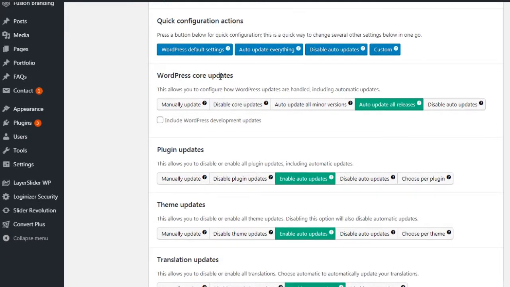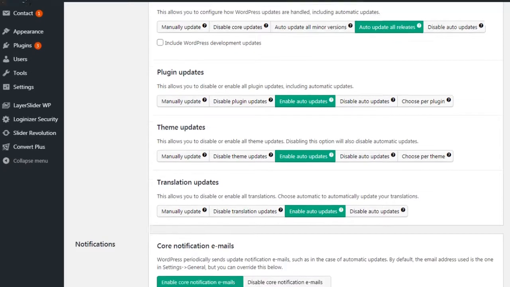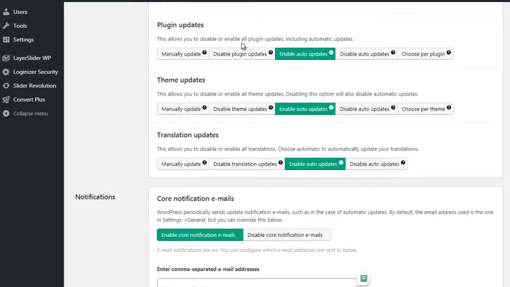So right here it says WordPress core updates. You can disable core updates, and core updates basically means WordPress as a whole. So WordPress, the content management system, whenever an update comes out, you want to auto update all releases. So we're going to leave this unchecked because this includes WordPress development updates, and we just want the main final core update. Then we have plugin updates, enable auto